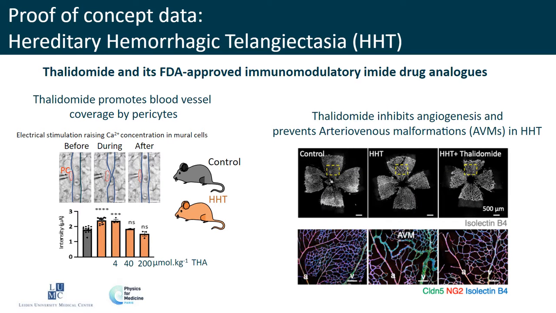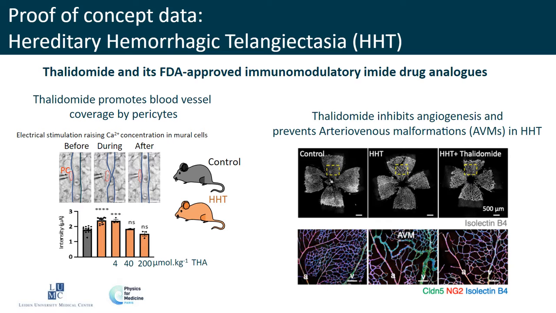And what we have demonstrated is when we use a drug called thalidomide and its FDA-approved immunomodulatory drug analogs, which are pomalidomide mostly, we can see that these drugs, which are actually used to treat multiple myeloma, have been shown to exert direct anti-myeloma effect, anti-inflammatory, anti-angiogenic, immunomodulatory properties. And what we found in the lab, they also have the ability to promote the interaction between endothelial cell and pericyte. And this is shown on the left part of the slide,